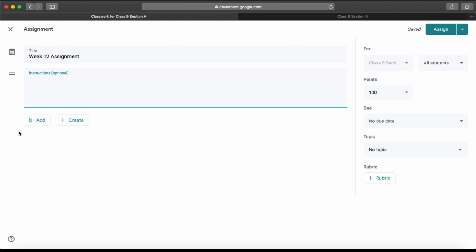Now there are two different buttons here. The first one is add. We already talked about this add button a little while ago, so you will be able to add additional resources here by clicking on these buttons. So I'm not going to discuss it in detail now. The second button is create. Once you click on this, it will open all the Google applications which are available to be used inside Google Classroom. You can click on any of the options to invoke that particular application. So this is also an option you can utilize for your day-to-day requirement.